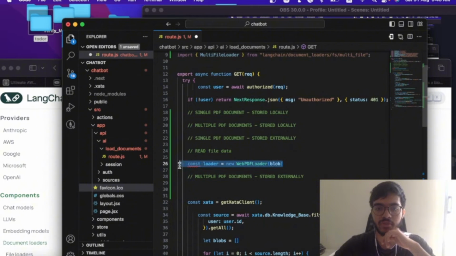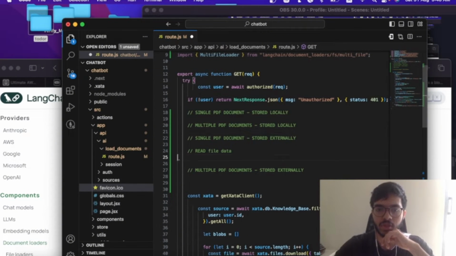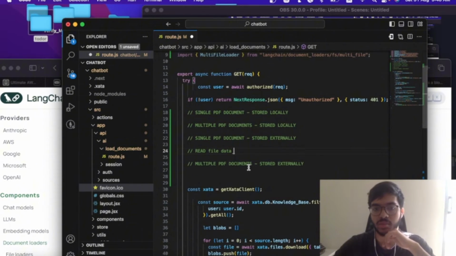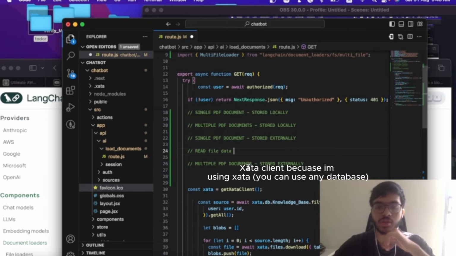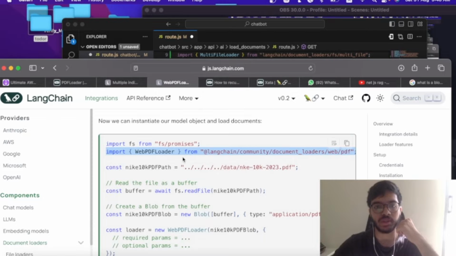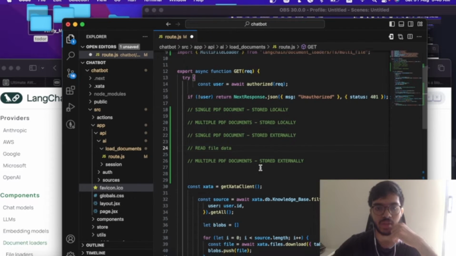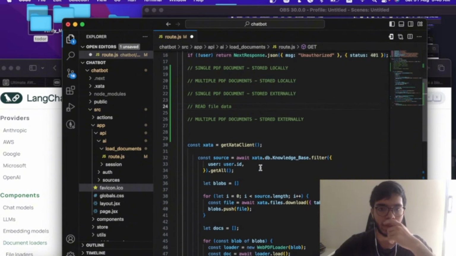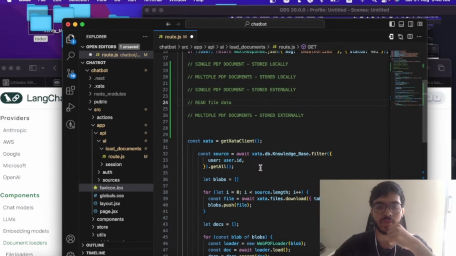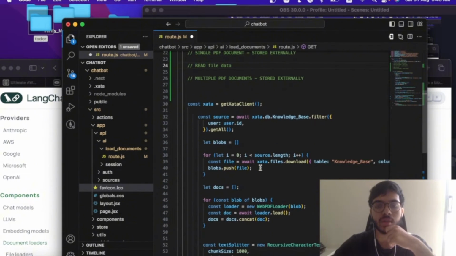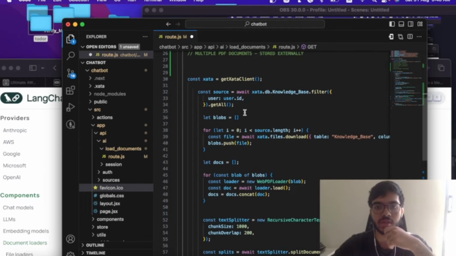But what if you have multiple PDF documents that are stored in a database? This could also be a case. LangChain doesn't actually have a built-in function to deal with that. So the way you need to do it, and the way I did it in my code, is